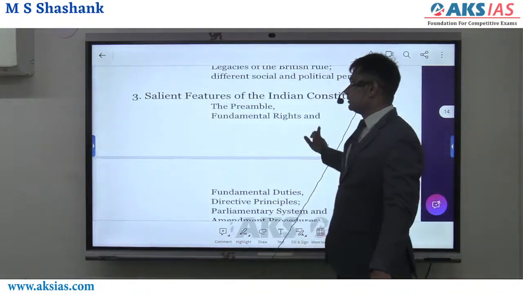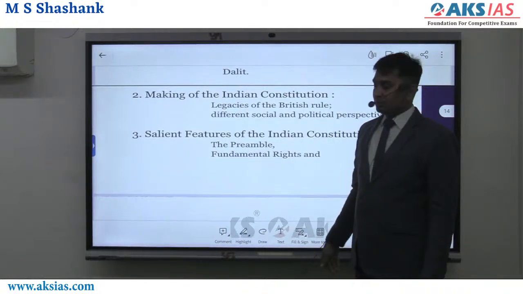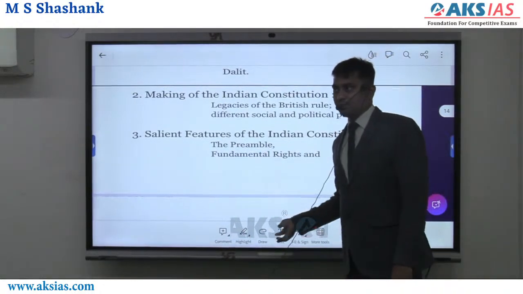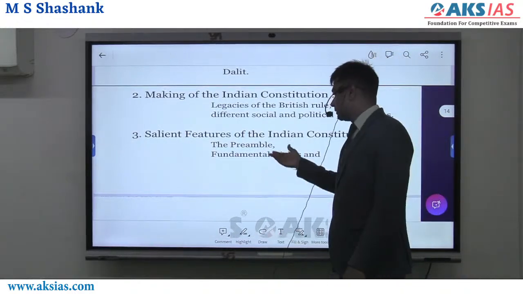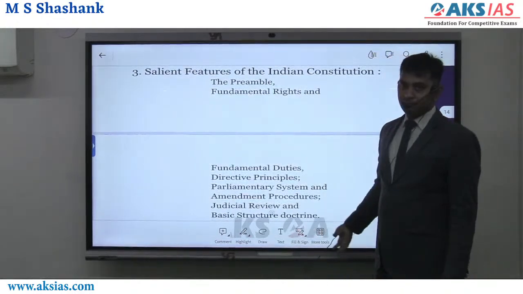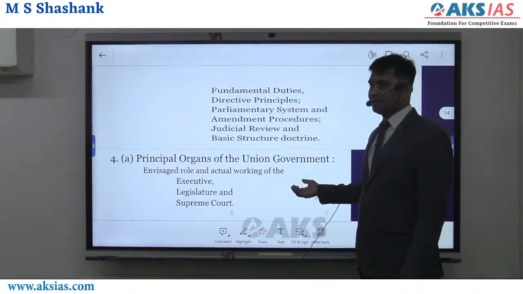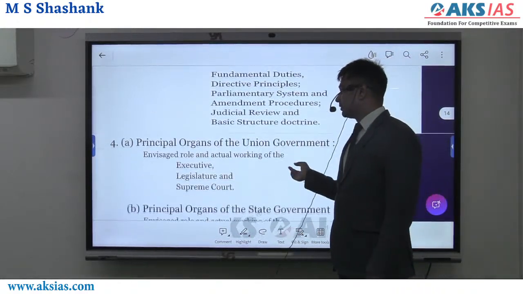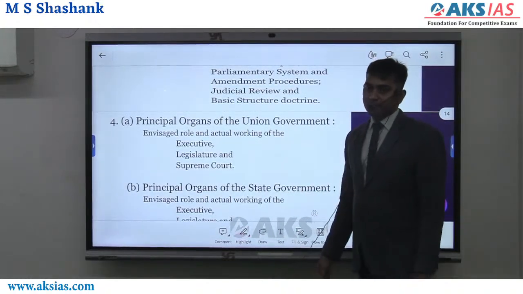So that is the reason they have given salient features of the Indian Constitution. You know this. The Constitution starts with the Preamble, then you have Article 1, Part 1, Part 2, Part 3. They have given it in this way. Fundamental rights, fundamental duties, DPSPs, parliamentary system, amendments, judicial review, basic structure doctrine, then principal organs of the union government